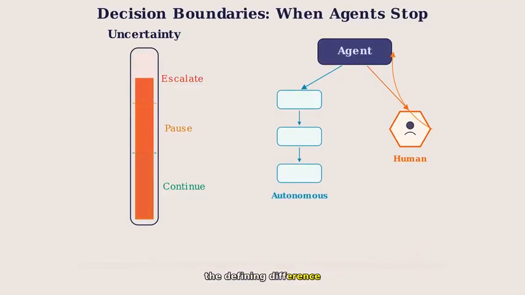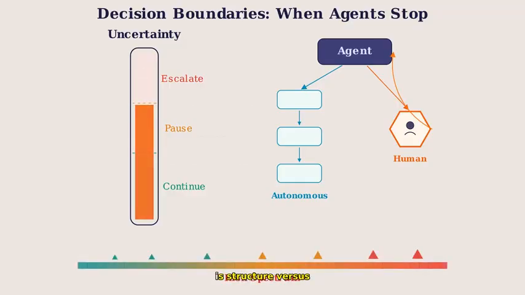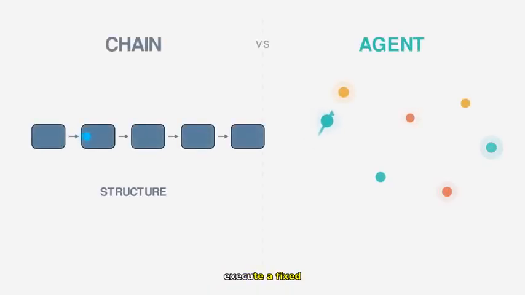And the defining difference between a chain and an agent is structure versus goal direction. Chains execute a fixed process. Agents navigate dynamically toward an objective. You now have a clear conceptual map of what an AI agent actually is. In the next lesson, we move from concept